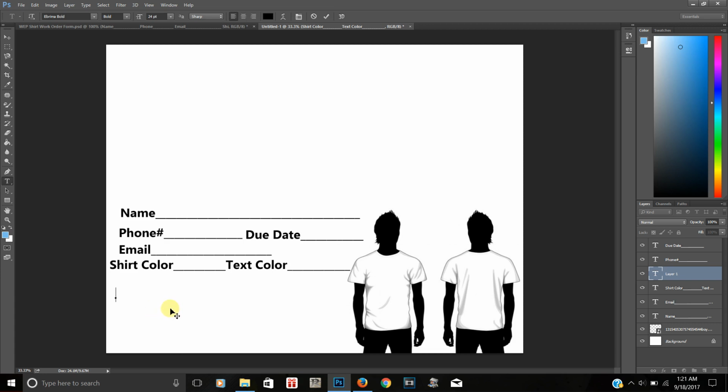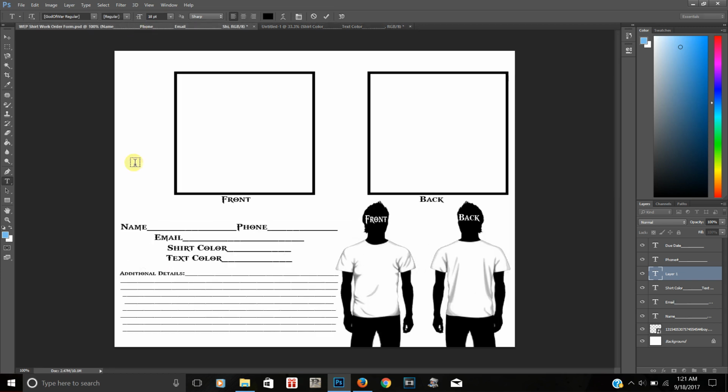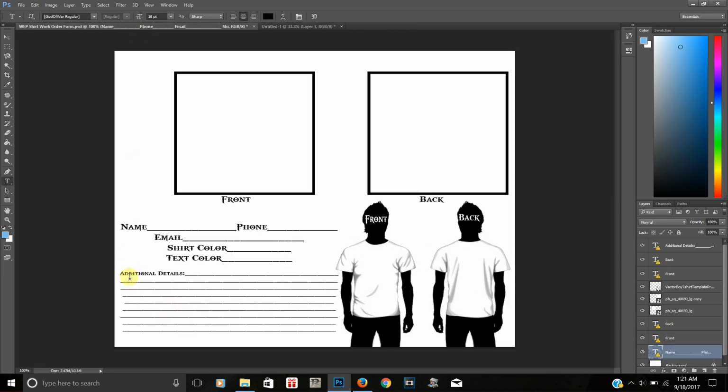I don't know, you can do it either way you want. You can put additional details and they can add in whatever they want right here. For additional details, what I have been getting them to do is put like 1 extra large, and if they wanted something on the back, 1 extra large with Bob on the back, or stuff like that, or